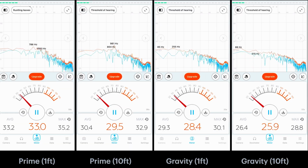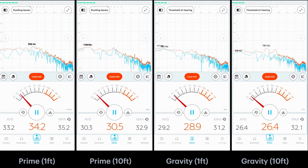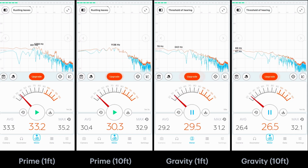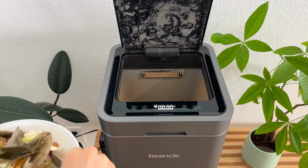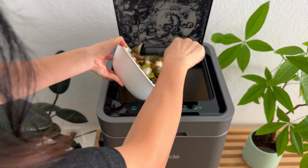My non-scientific test shows that 1 foot away from the Reencle Gravity averages at 29.1 dB and 26.4 dB when 10 feet away, still quieter than the Reencle Prime. Overall, this product is a great fit for anyone living in an apartment or a condo with little to no